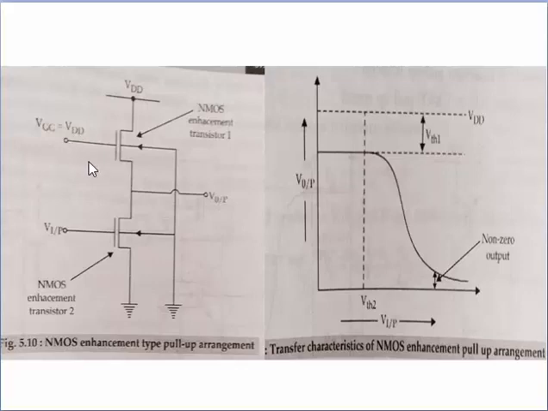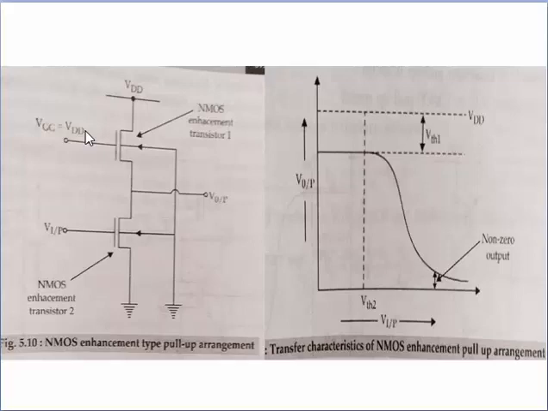The source of the pull-up transistor is grounded towards the downside and the drain is at the upper side towards the positive side. So the gate is connected at the upper side. Therefore VGG is equal to VDD. So V output can never reach VDD, meaning logic 1, if VGG is equal to VDD. That means some of the voltage is used to create, or form, the channel.